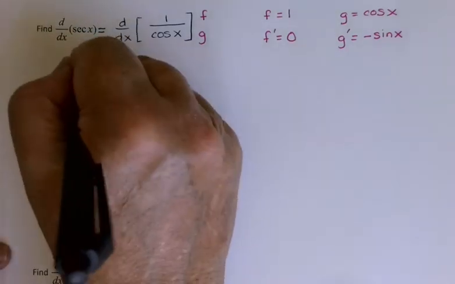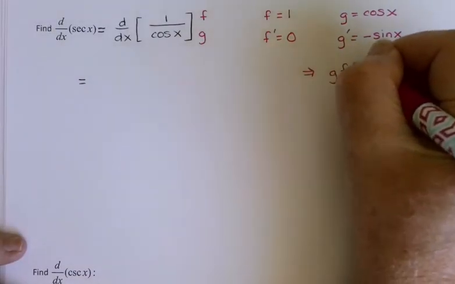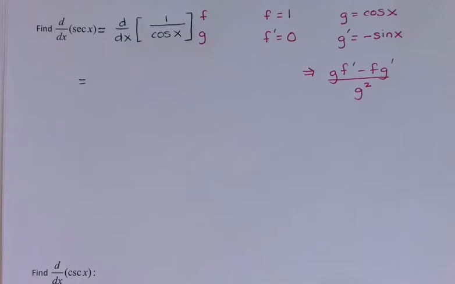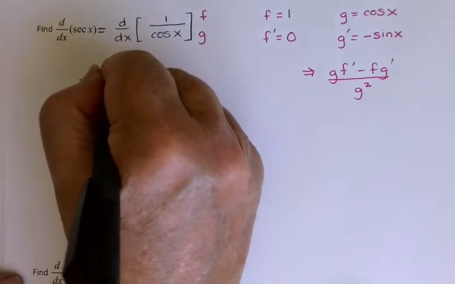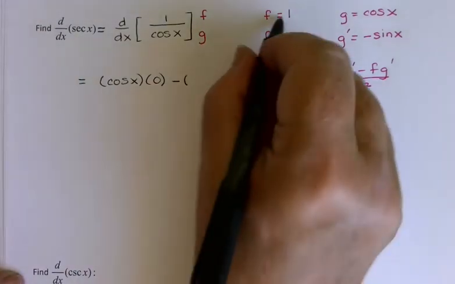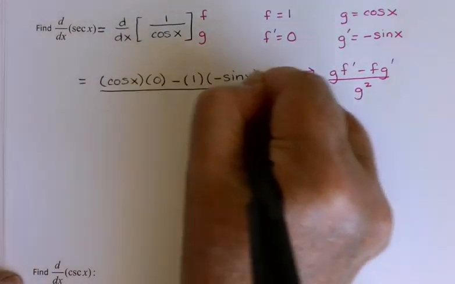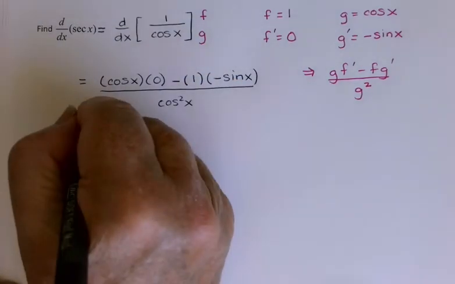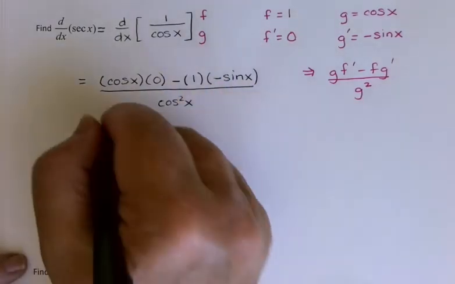All right, let's plug in our quotient rule here. Write it out one more time. I always find if I write it out often enough, I won't forget it, right? g f prime minus f g prime over g squared. So g f prime, cosine x times 0, minus f g prime, 1 times the opposite of sine x, over g squared, which would be cosine squared x. And of course that whole first term is just 0, and that becomes a positive sine x